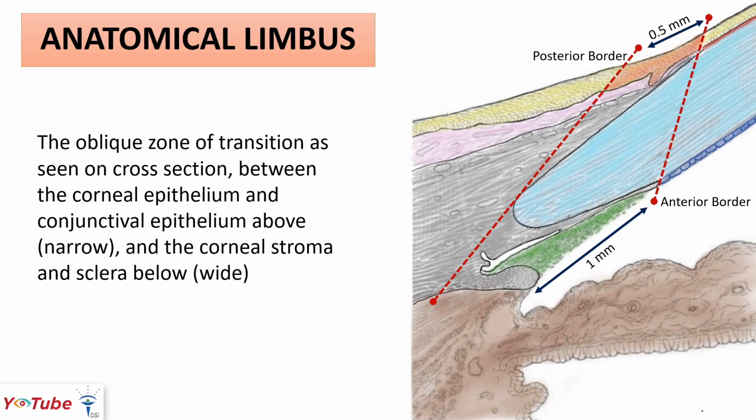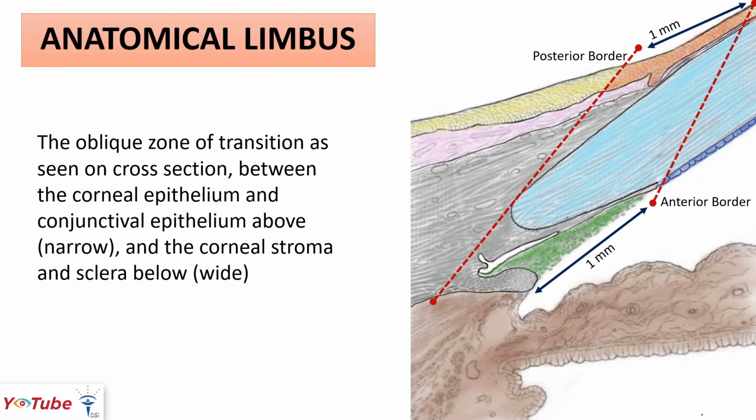Now we can see the lowermost part of the anatomical limbus, which is constituted by the angle structures, is about 1 millimeter when the angle is wide open and all the structures are visible, and the upper extent which constitutes the epithelial part is about 0.5 millimeters. However, in the superior and inferior limbus, the limbal epithelium actually extends more into the cornea with the earlier termination of the Bowman's layer. So, in the superior and inferior limbus, the upper extent of the limbal epithelium also measures about 1 millimeter as compared to the 0.5 millimeters of the horizontal limbus. So this is something that has to be remembered.